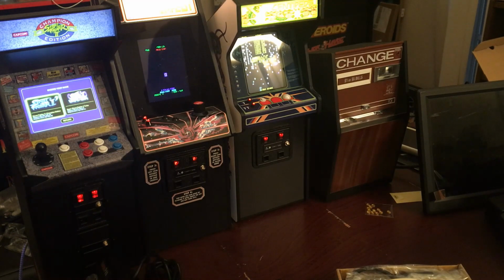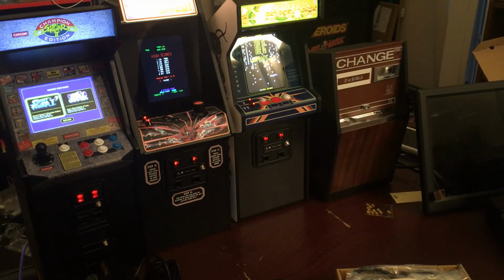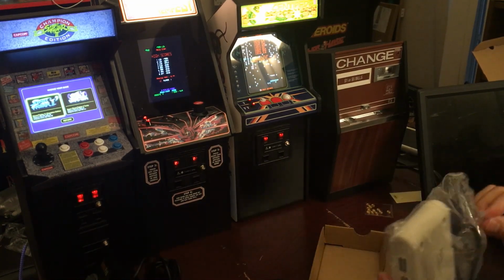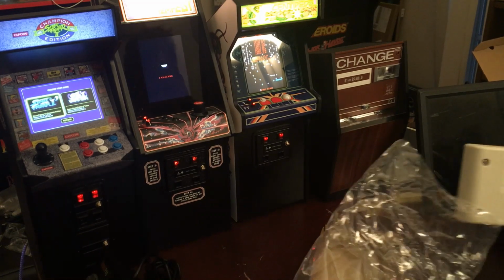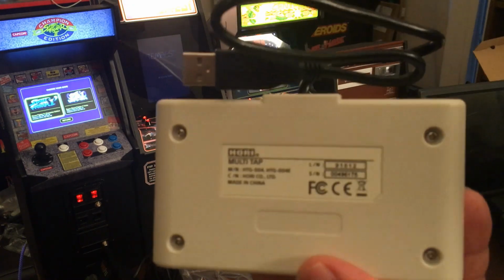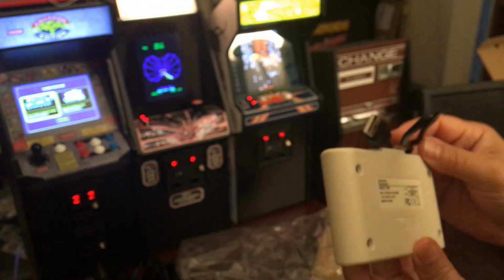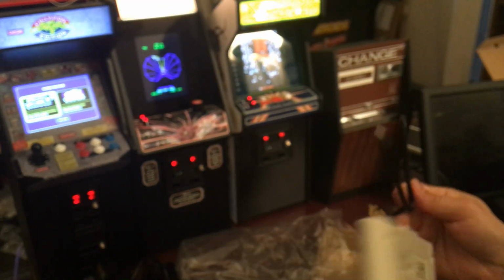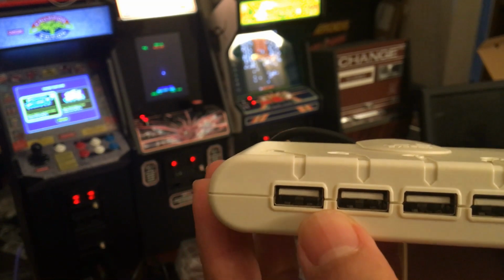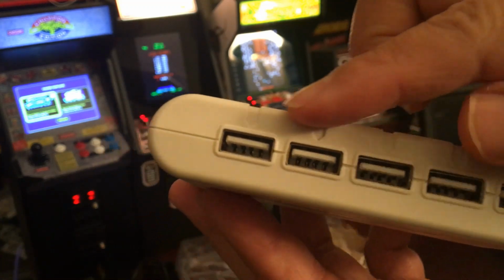Okay, so this is just a little information. Just put it to the side, and let's go ahead and get this thing out. This cable is not that long. For those of you who want to know, here's the back of it. Let's see if it focuses. Alright, and it's made in China. There are 5 ports, and they don't really have that much space gap. So if you buy anything that is really thick on the side, you will not be able to put in all 5